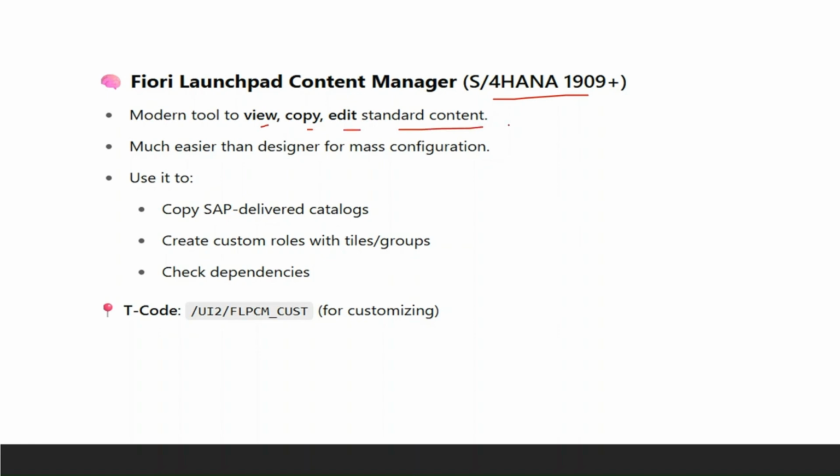Here we can give a role name and check which catalogs and groups are assigned to that role, which applications are configured in a catalog, and which OData services are bound to it. The technical information of roles, catalogs, OData services, groups, and semantic objects can all be visible